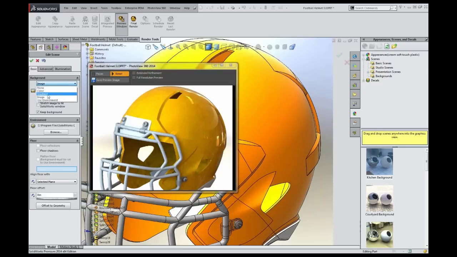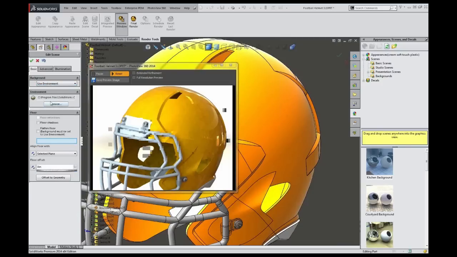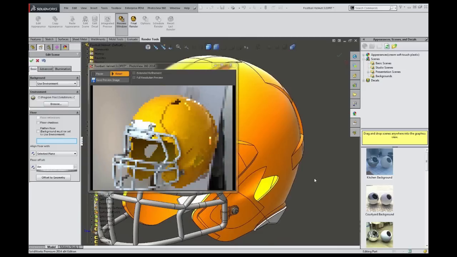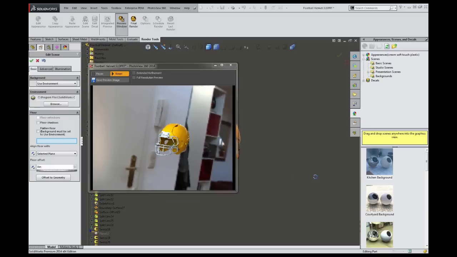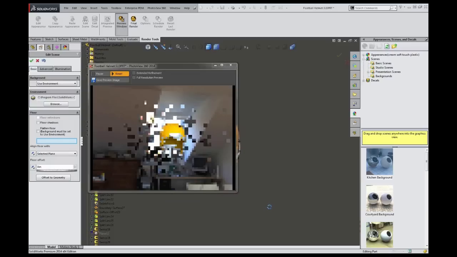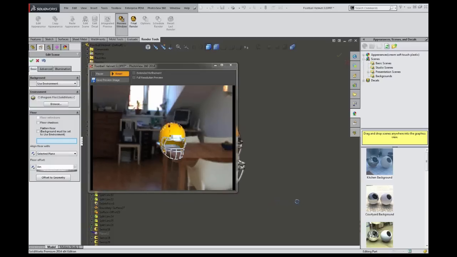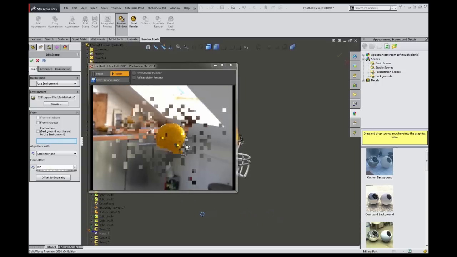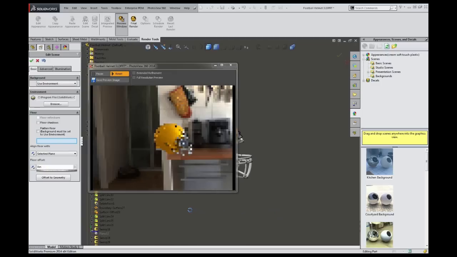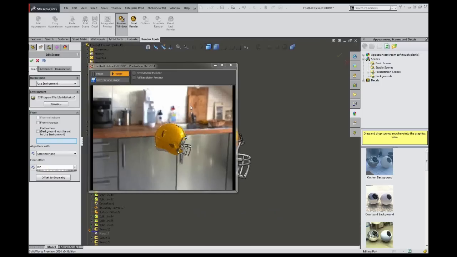A gradient between two colors, or use environment. If you choose use environment, it's not always as great as it might sound. Because you can make this appear that it's actually in a room, and you can see that it looks like my helmet is just floating in this little bedroom, or I'm sorry, the kitchen that it's currently in. These background images, though, the environments, you can see are pretty low resolution, which is okay because maybe it was supposed to be a